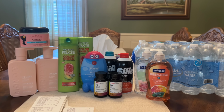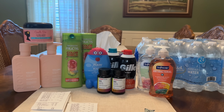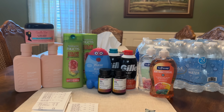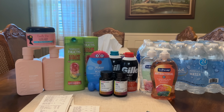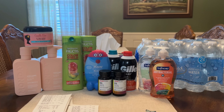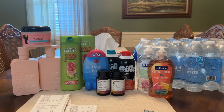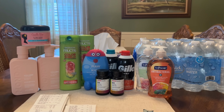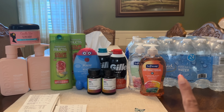Alright guys, we are back home and this is my CVS haul for this week. So everything that you see right here, retail value before, sale prices, coupons, rebates, anything like that would have cost us $80.27. Now of course we did not pay that much, so we're going to start getting into the receipts. I did 4 transactions today, and on these I do want to tell you guys, on my very last transaction